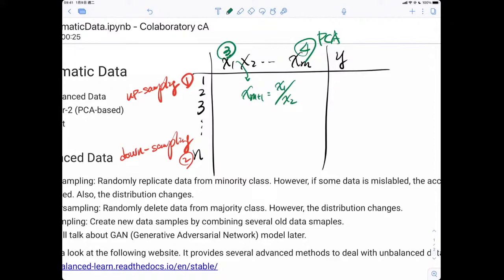So I can do principal component analysis to map the original data to the principal component space, and you choose a k value to keep only maybe 90% of variance, which is good enough for you to do the further analysis. So you can do PCA, which is dimension reduction. Of course, there are several different methods that can be used to do dimension reduction, but principal component analysis is one of the major methods. And of course, there are some other methods we will talk about later.